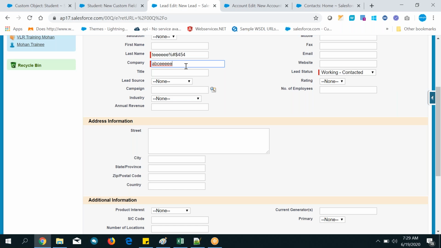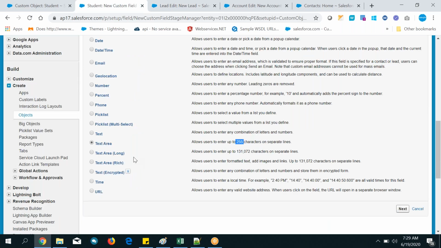Maximum 255 characters you can add, and if you try to add more than that, Salesforce will not allow you. Even numbers come under characters only. Like this, 1, 2, 3, 4, 5, like 20 something is there. Maximum 255 characters you can add, and more than that you cannot.